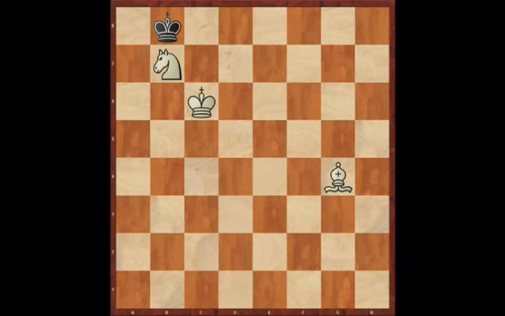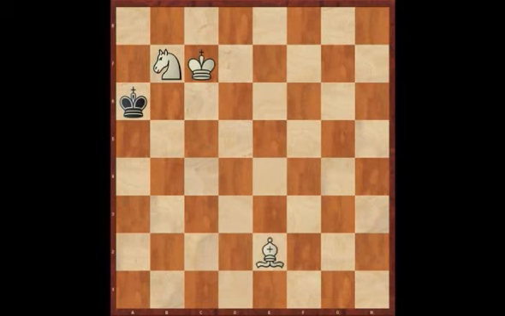Bishop g4, king a7, and now this is a move weaker players have difficulty with, king c7, because again it seems as though the black king is being let out of the trap. But after bishop e2 check, for the 3rd time in this endgame, white has coordinated his pieces perfectly. The knight is complementing the bishop on the same colour square, controlling all black squares. The bishop's controlling white. The king must go back to a7, and for the final time, the knight manoeuvre drives